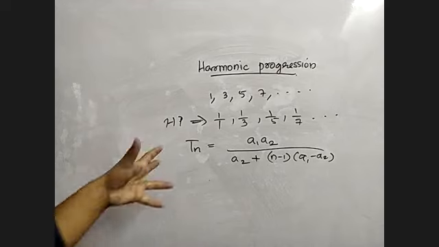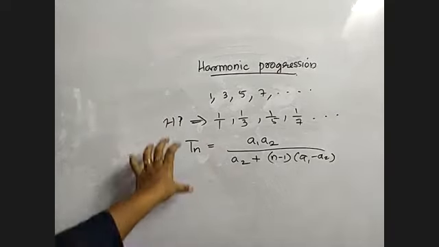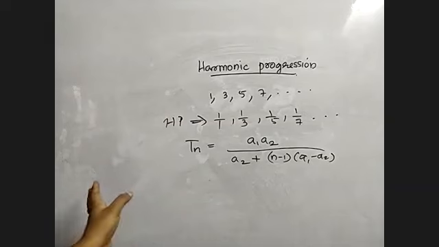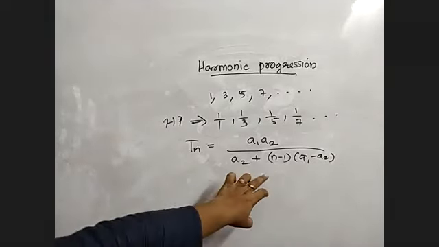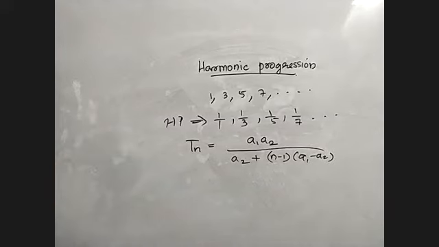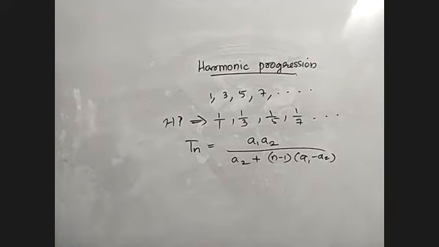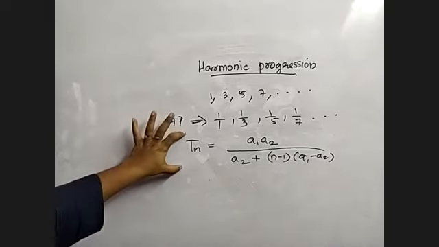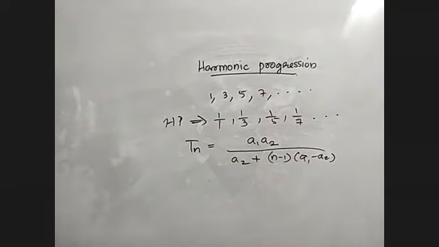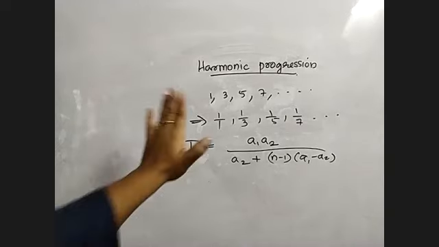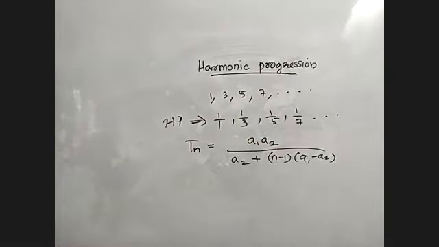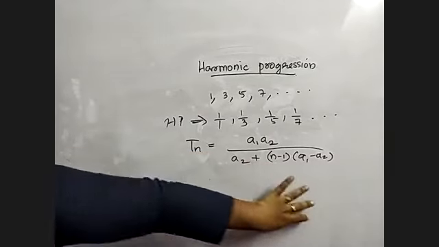You don't need to memorize it by heart. I have not seen questions based on finding the nth term in any previous year question, but since HP is a topic, I have to mention it. Generally, mean questions are asked, and that has been asked repeatedly in many exams. So just note down the nth term of HP. Just understand what an HP is: if some numbers are in AP, their reciprocals form an HP, and its nth term is given like this.